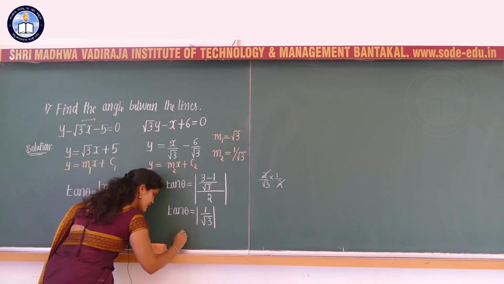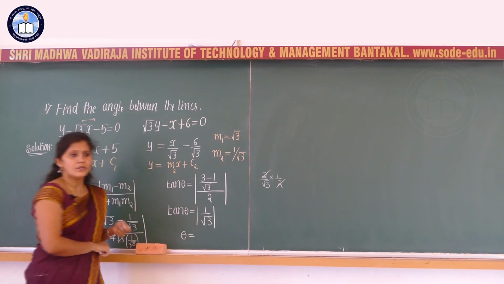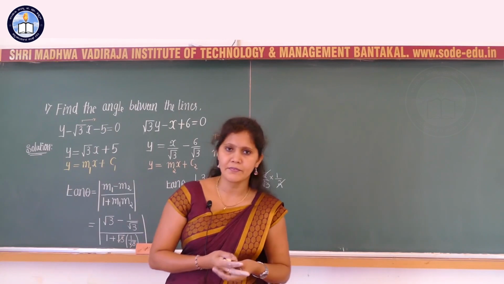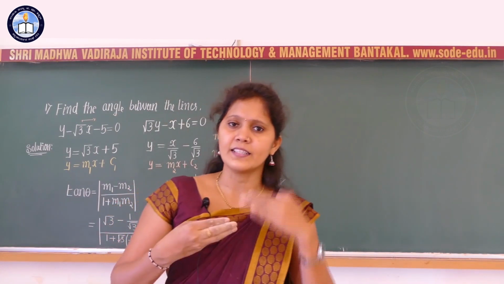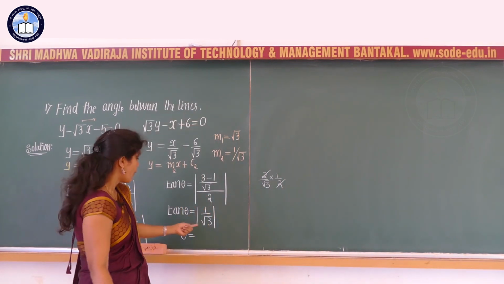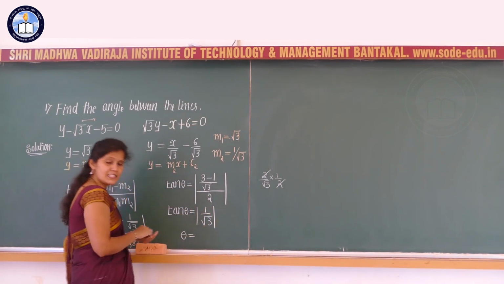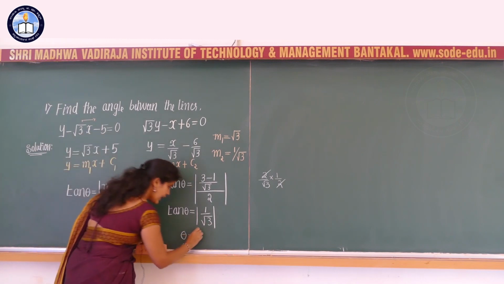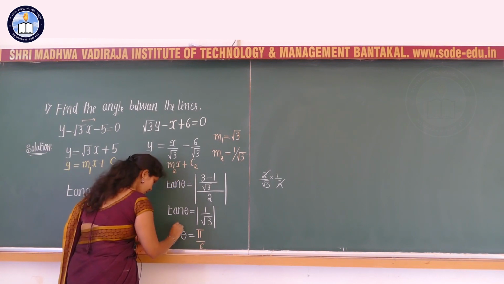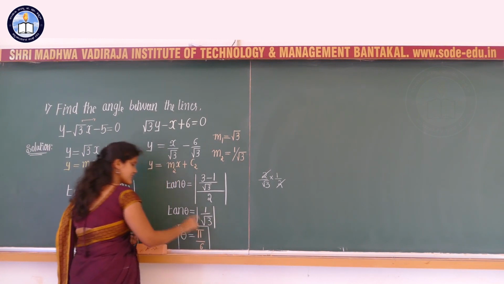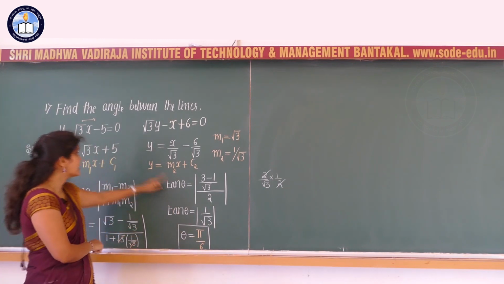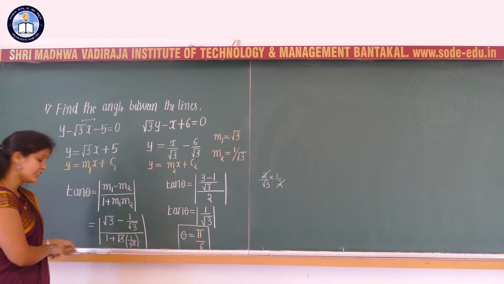So, the possible value of theta: we know the tan function, tan 0 is nothing but 0, tan 45 is 1, tan 60 degree is root 3, tan 30 degree. What is tan 30 degree? That is nothing but 1 by root 3. So if you are considering theta equal to 30 degree, and how to write 30 degree? That is nothing but pi divided by 6. So theta is equal to pi by 6. Then I can say that this is the acute angle theta between the two lines L1 and L2.